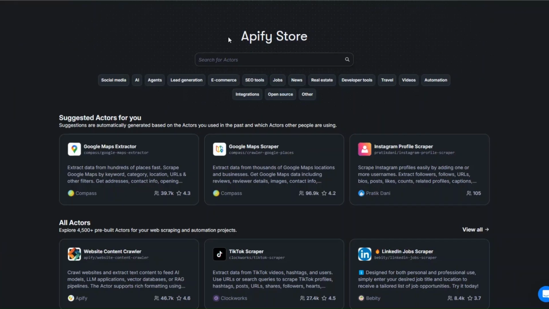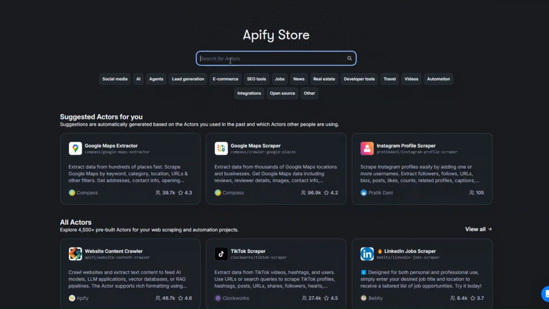I'm going to use this tool called Apify. Apify is an incredible tool that you can use to scrape any website and automate your project. So go ahead and create an account on Apify, and after creating an account, head over to Apify Store. On Apify Store, we're going to search for the website that we'd like to scrape. In our case, we'd like to scrape Google Maps. So I'll search for Google Maps